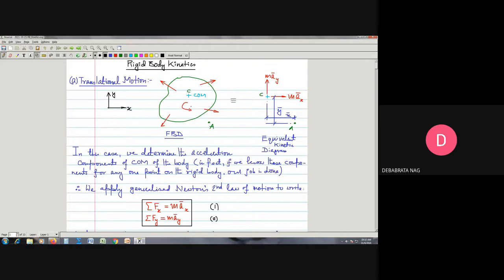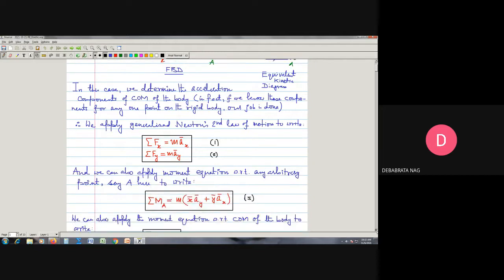That means their lines of action will not always meet at a particular point. It is not the case. So all these forces are acting at different locations. Therefore, it will be required that we take care of the moment of all these forces with respect to some point. For example, in this case, let us choose that point as our point A. So it may be required, therefore, to take care of this planar distribution of the forces.